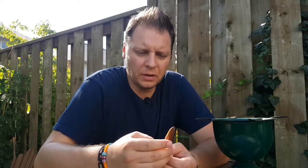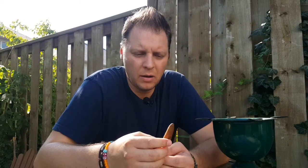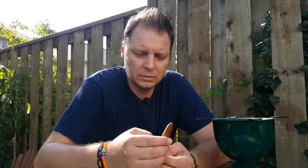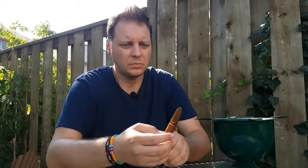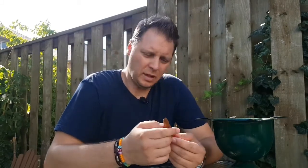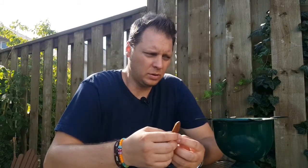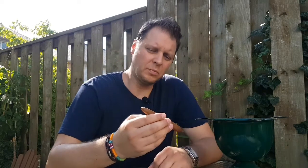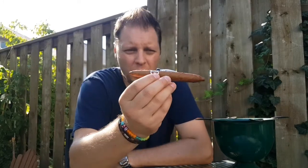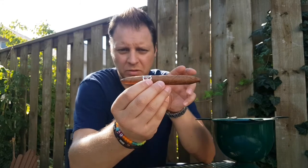Today's cigar review is going to be our good old favorite Cuban. This particular one is the Cuaba, and it is a vitola of 5 5/8 by 46. It is called the Exclusivos. It is a figurado shape, perfecto style,